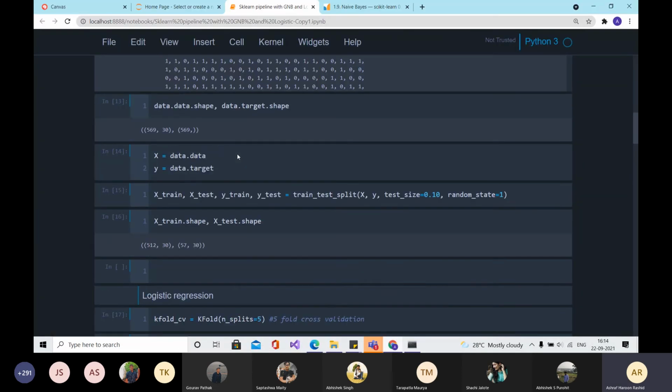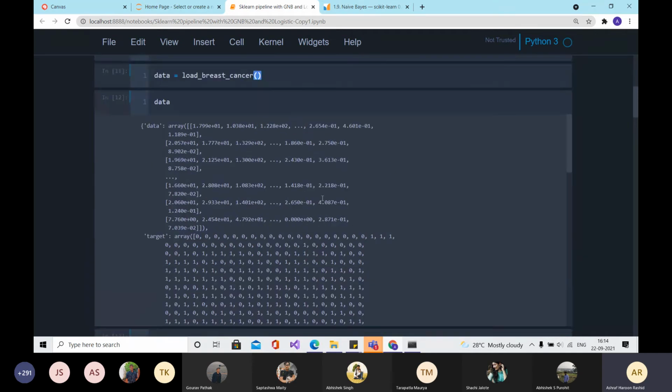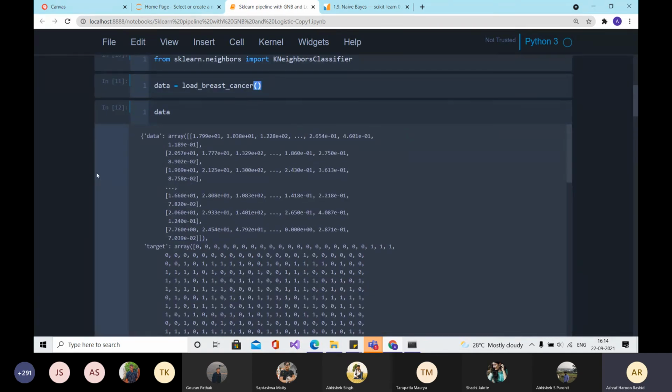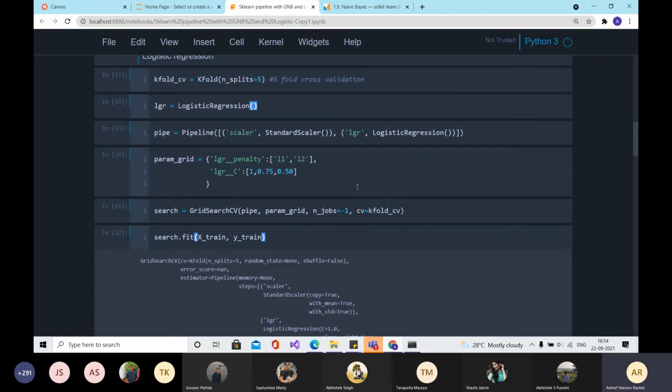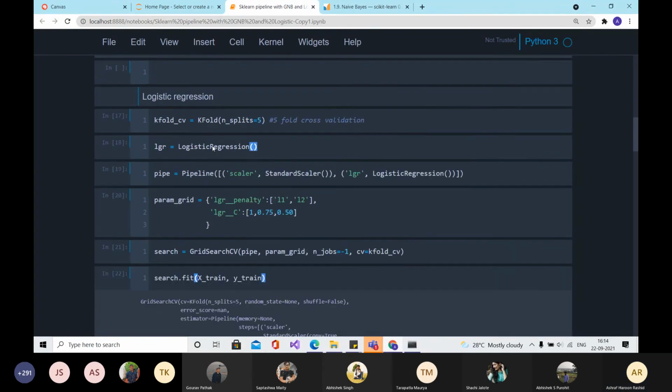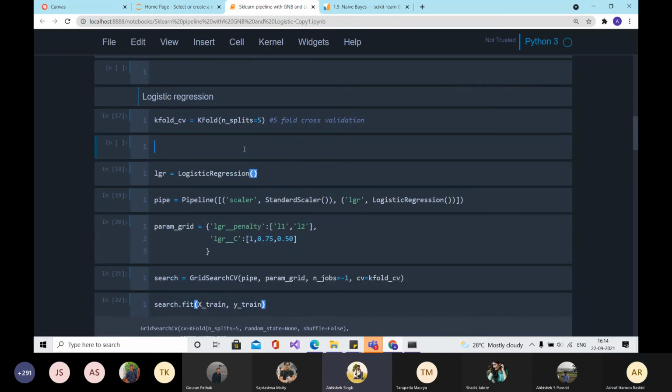Just try to check your train test split and the way you are loading the data set. I think if you do that properly, then there should not be any issue. I'm also not getting this error, sir. You are getting the error or you are not getting the error? No, sir, I'm not getting the error.